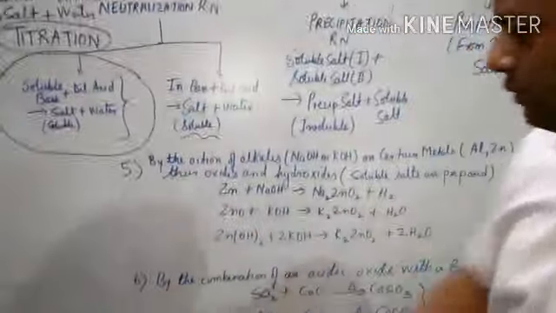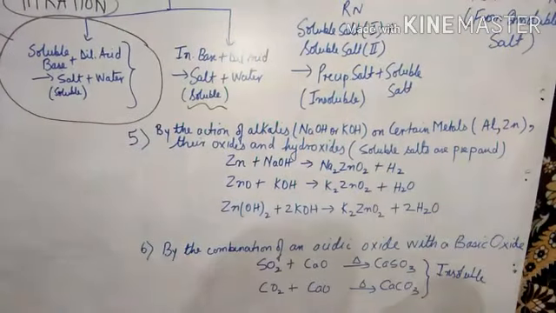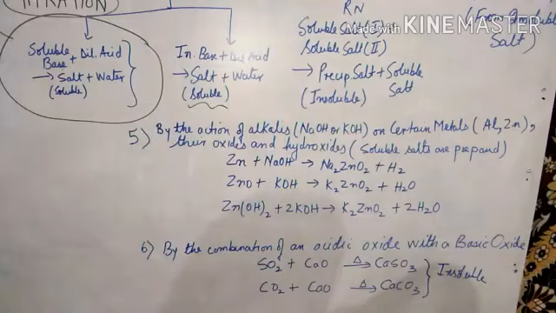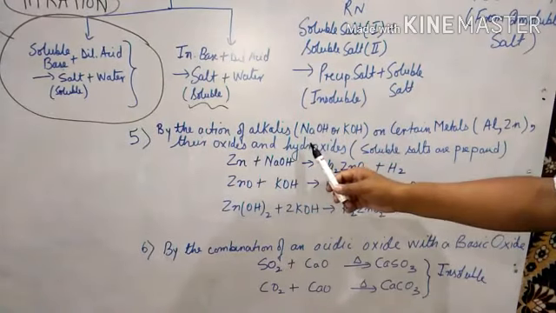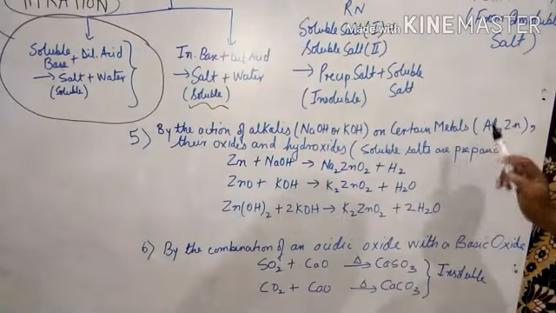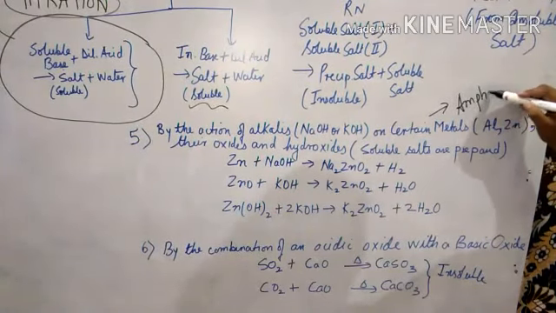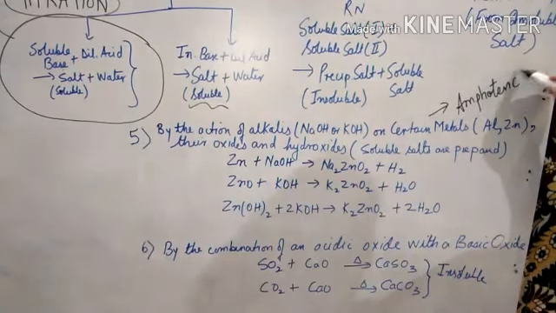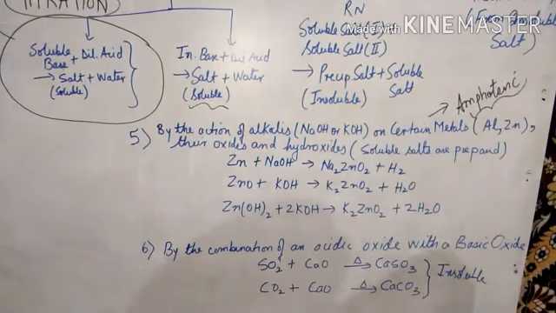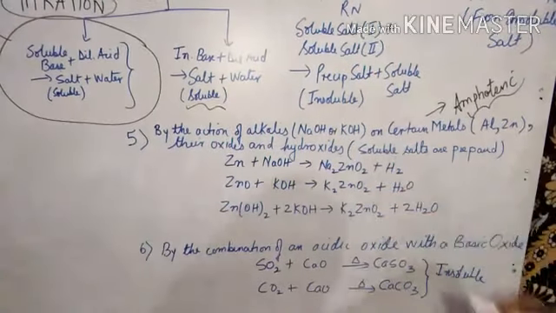Now, this 5 and 6 number, they are very important. This is very, very important. You can note it down also. By the action of alkalis, NaOH or KOH, on certain metals, and which type of metals are there? Basically जो एम्फोट्रिक होते हैं, जो एम्फोट्रिक ऑक्साइड्स वगैरह बनाते हैं, तो उनकी रिएक्शन जब होती है उनके ऑक्साइड्स के हाइड्रोक्साइड्स की, तो सॉल्युबल सॉल्ट्स